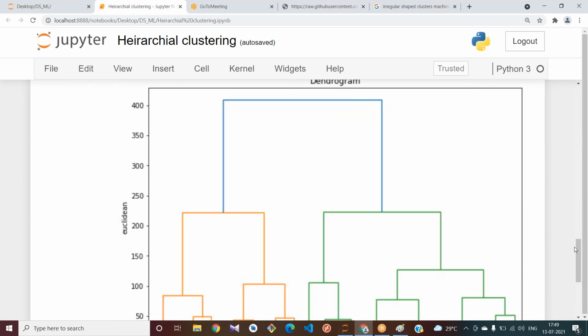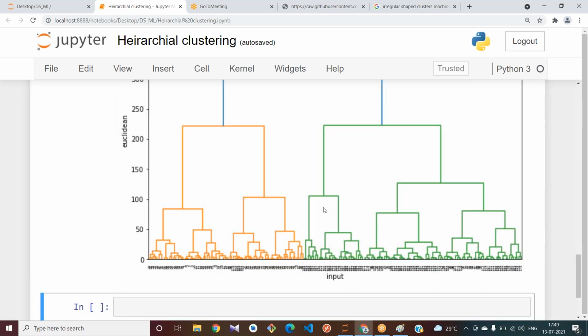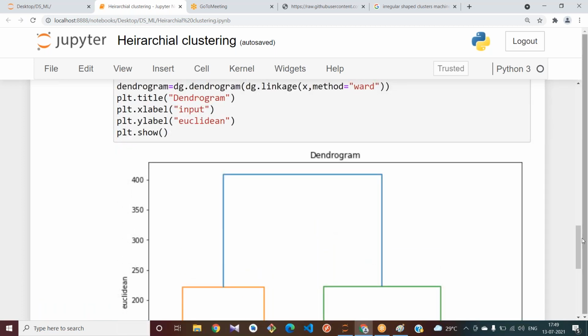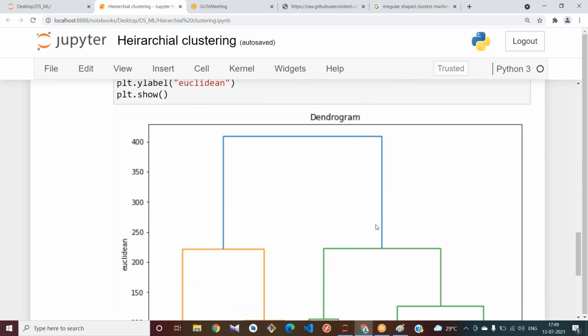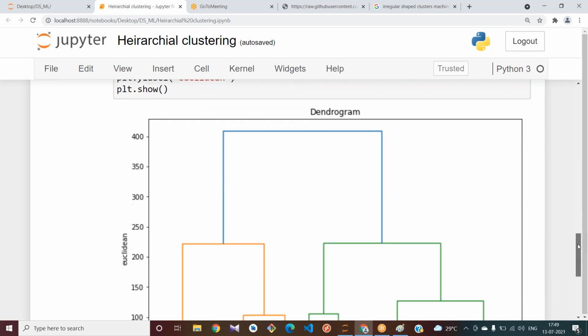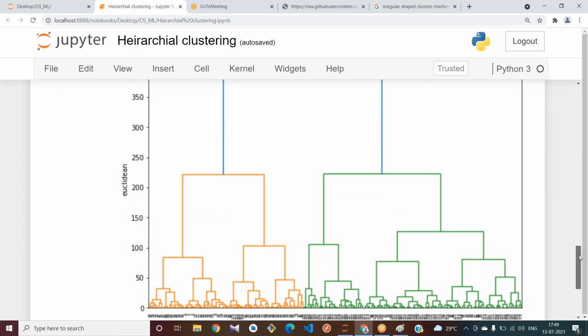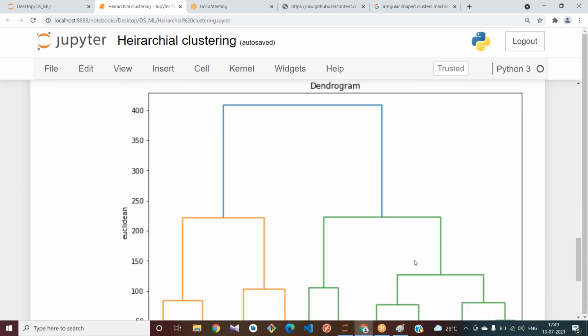How many colors are we having here? Three colors, right? You should subtract 1 from the colors. 3 minus 1 is 2. The optimal value of k you can also take based on the colors. Actually we are getting blue, green and orange, right? Based on the colors also we can select the optimal value of k.